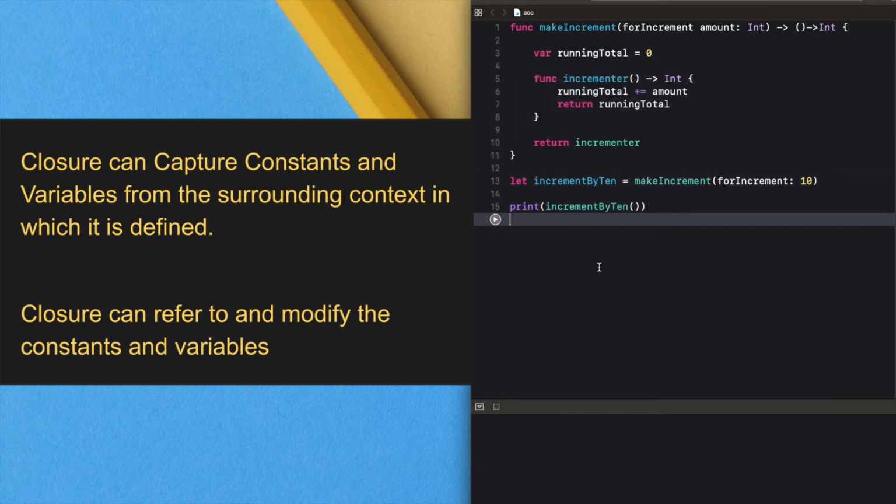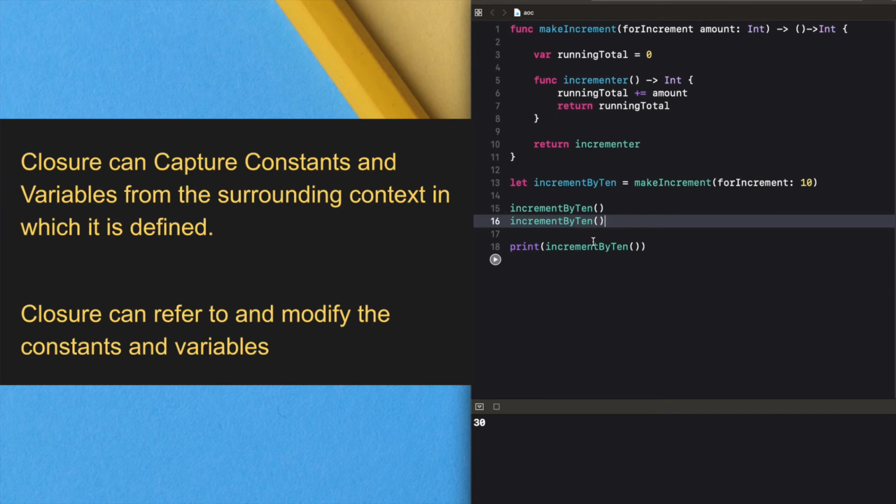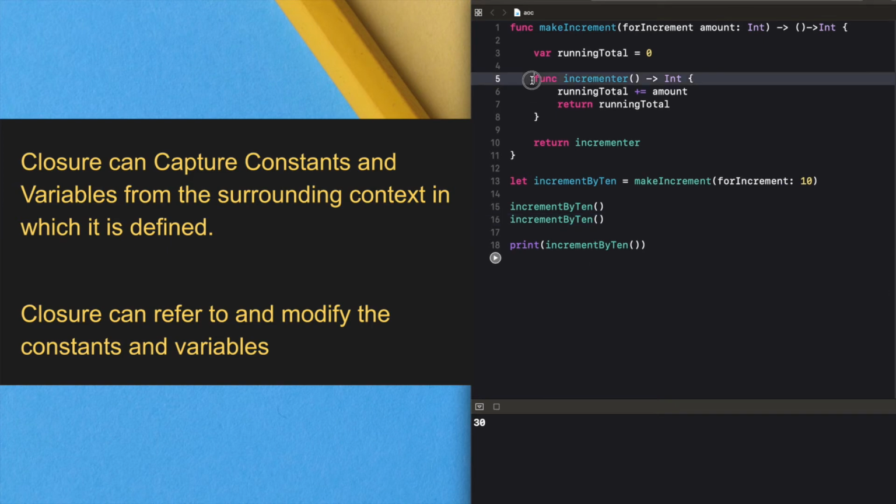So it will be 10. I'm going to call it two more times. So it's executed 3 times, and the value will be 30. The inner function has access to the running total and the amount.